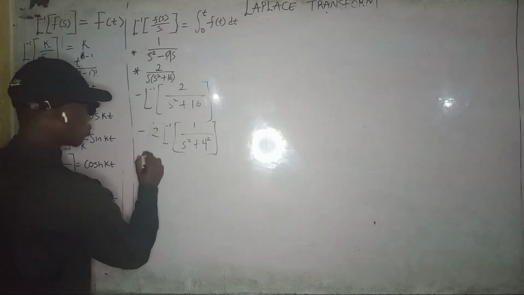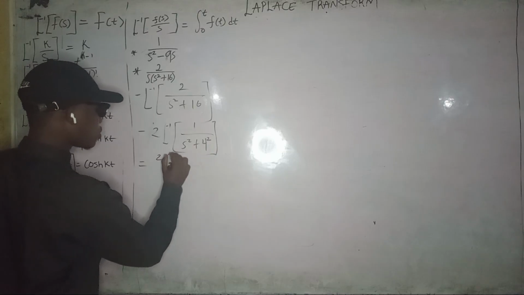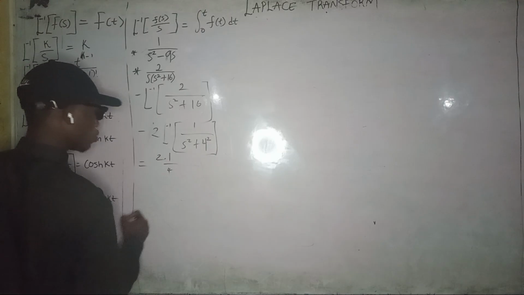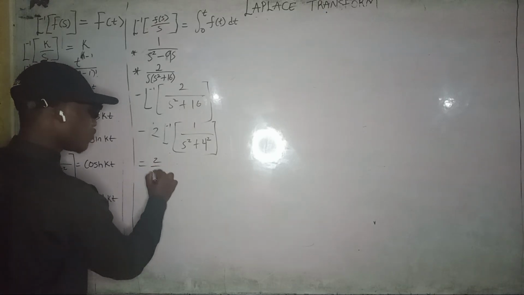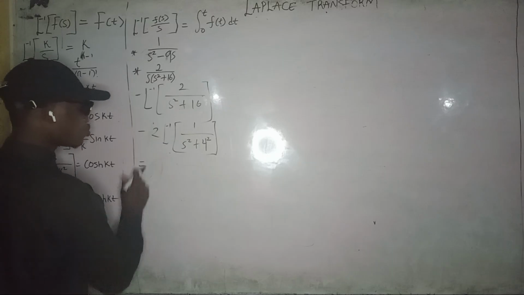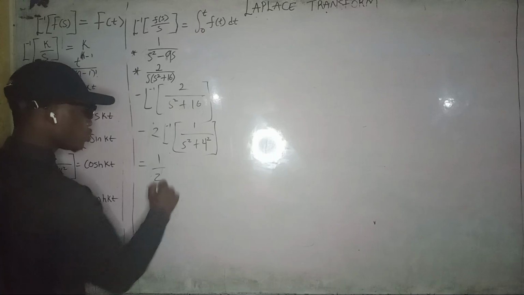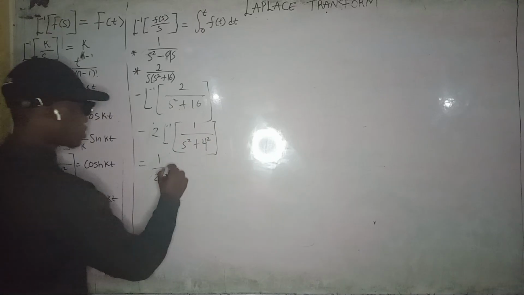So this will be equal to 2 then times 1 over 4, that is 1 over k. So therefore this will be equal to 2 over 4. 2 here 1, 2 here 2. Therefore this is going to be equal to 1 over 2. Then all this is going to give us sine